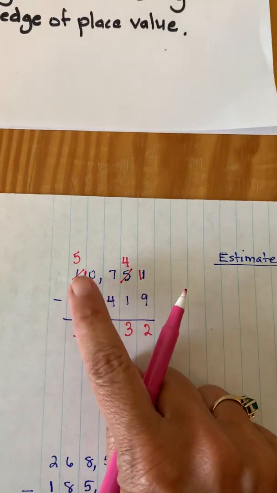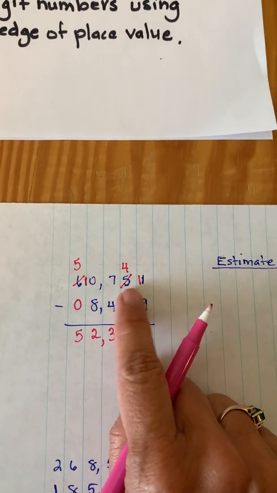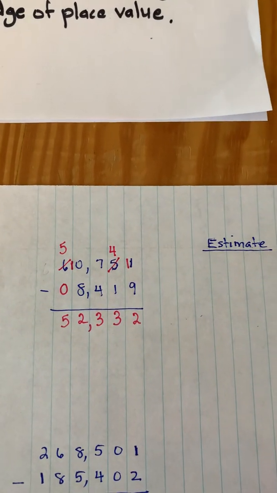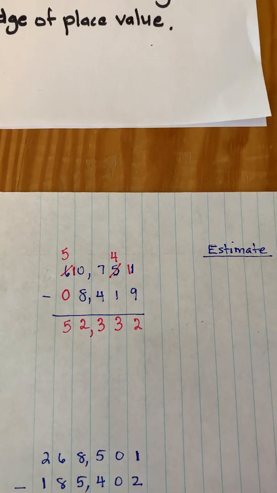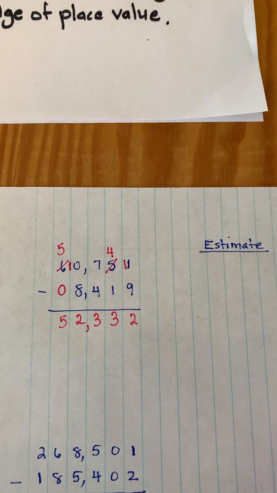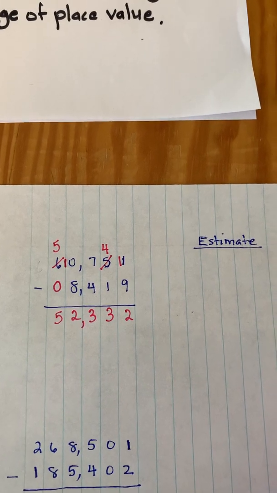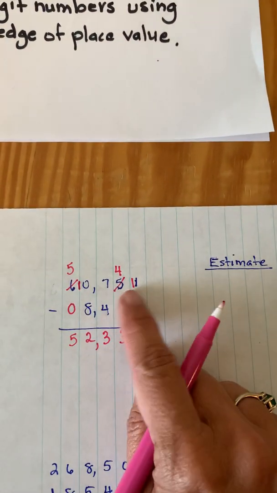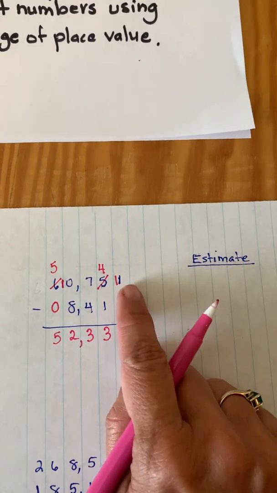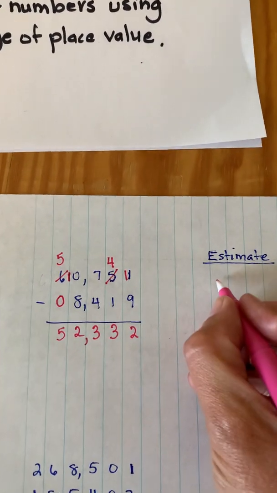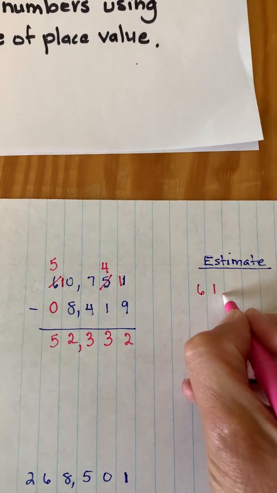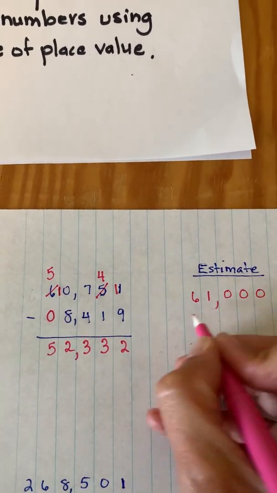Now let's do an estimate of this problem to see if we're going to have a reasonable answer. If I look at my number, I have 60,751. If I'm thinking of my number line, it starts at 60,000 and ends at 70,000. And in the middle, can you think of what's in the middle of that number line? 60,500. That's correct. Well, if I look at my hundredths place, 751 is larger than 500, so I know that